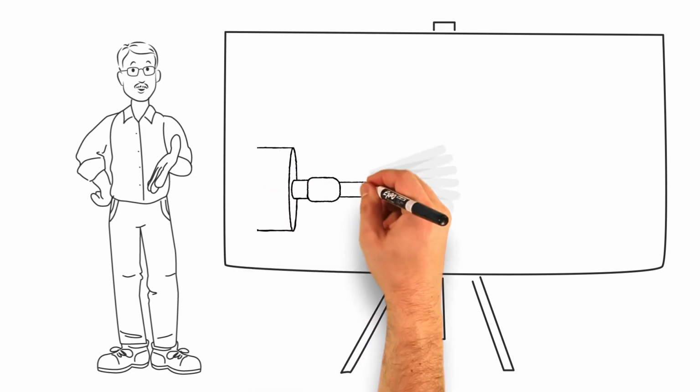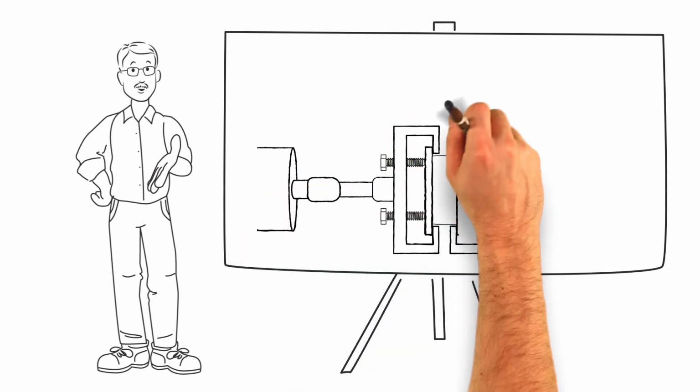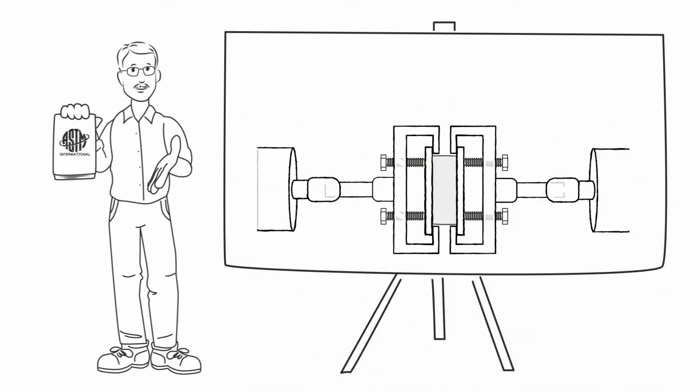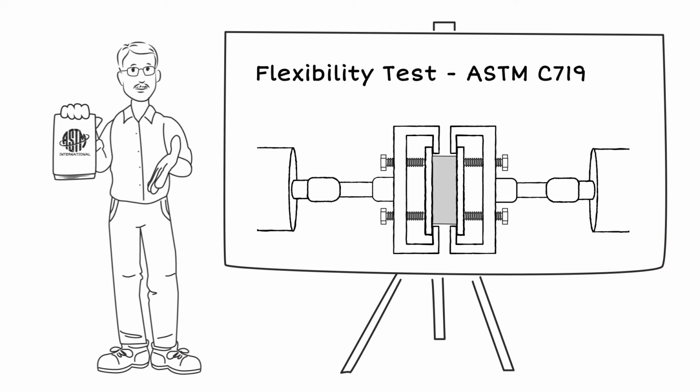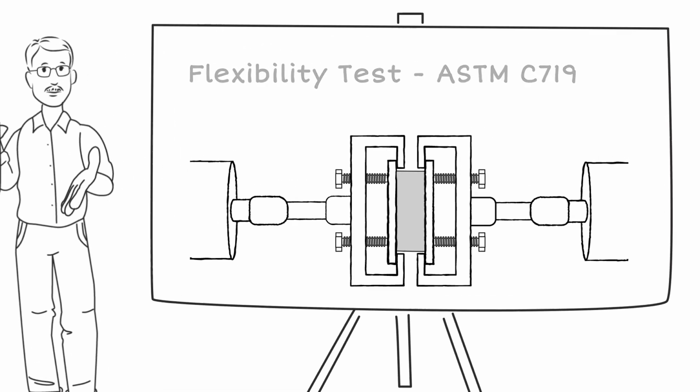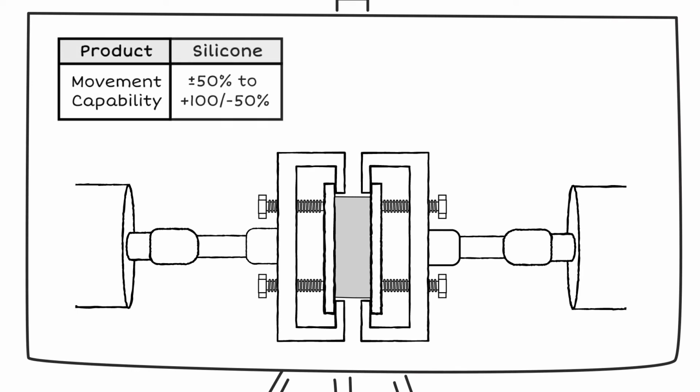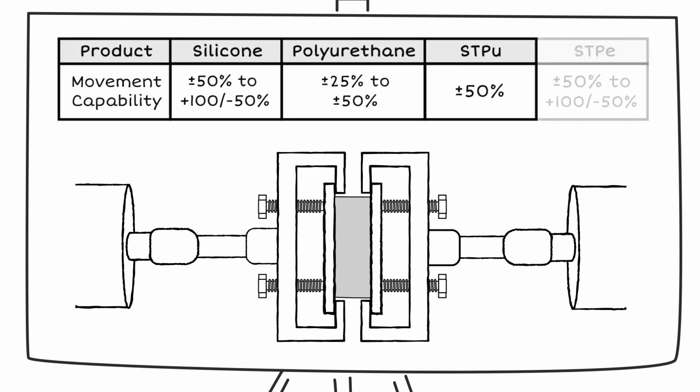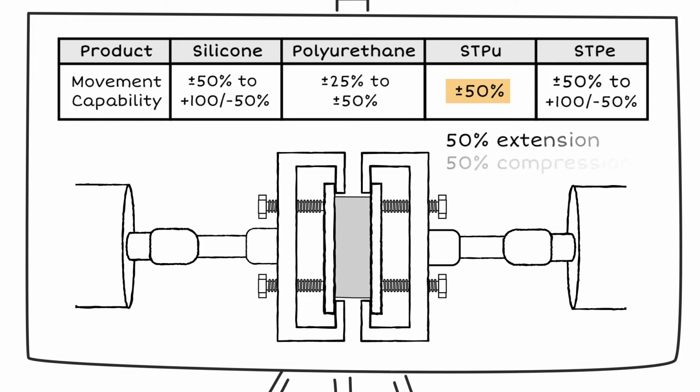The ability of a sealant to move is very important to long-term performance. ASTM C719 provides a standard method for subjecting samples to repeated cycles of both extension and compression in a laboratory setting. This test is the source of the movement capability ratings referenced earlier in the training. The threshold of movement the sealant can withstand is described as a plus or minus percentage. The plus portion is for extension, the minus for